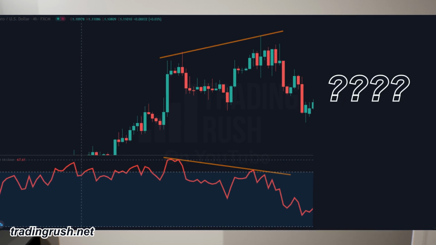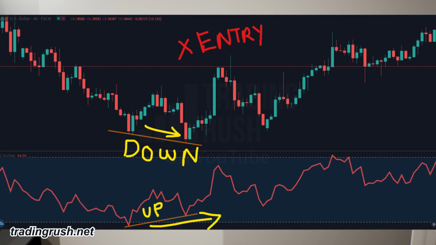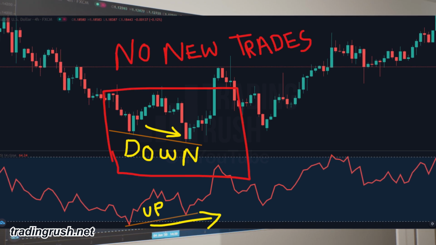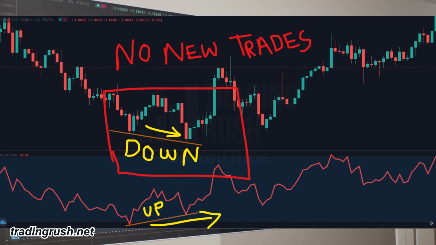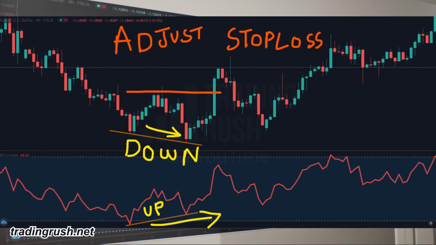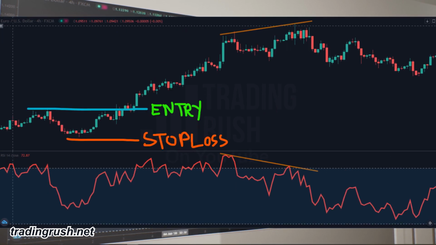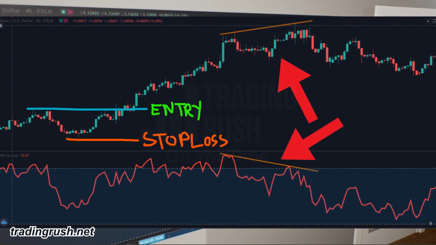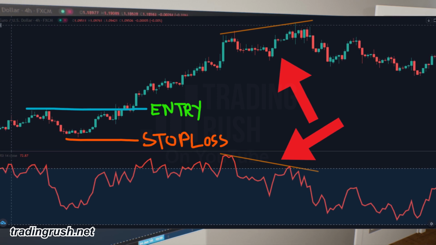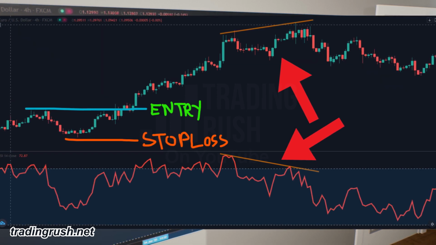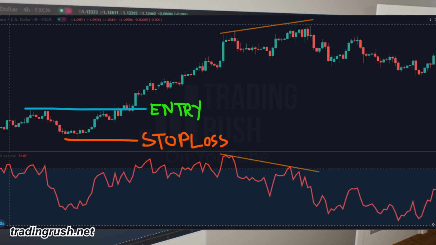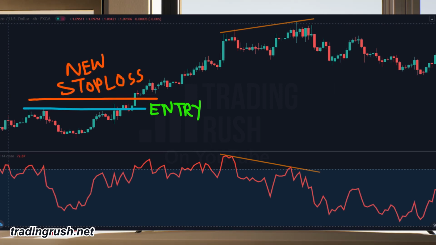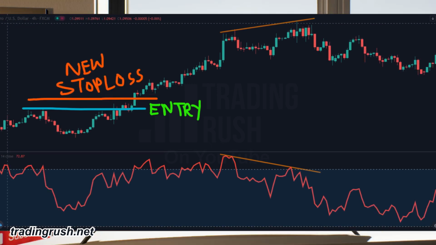Well, divergence is not that good when it comes to trade entries, as the exact time of the direction change is difficult to predict. But what you can do when divergences appear is to avoid taking new trades and adjust the stop loss of your open trades. Here's an example. Let's say you are in an uptrend for a while. In this uptrend, you spot a negative divergence. Now you have more information on the trend direction. Now you know that there is a chance that it can reverse. With the help of this new information, you either close your long position and book a profit, or you adjust the stop loss to break even, so that you won't lose money if the price comes down.